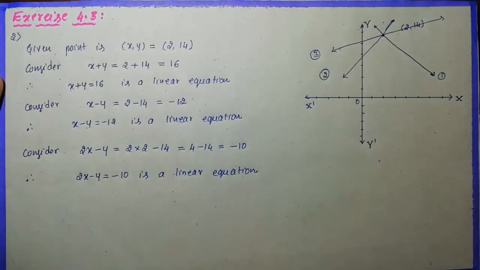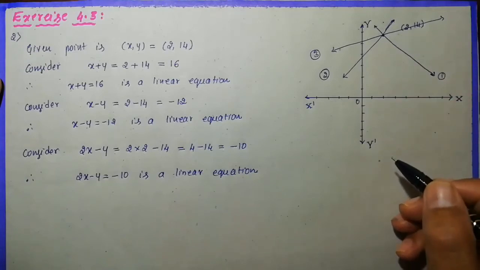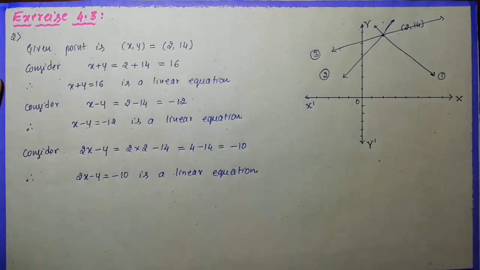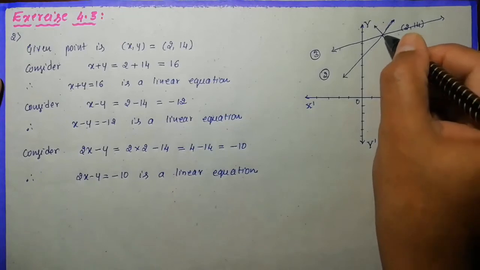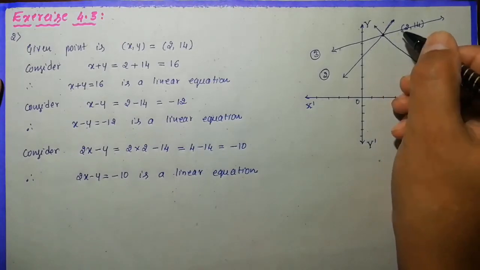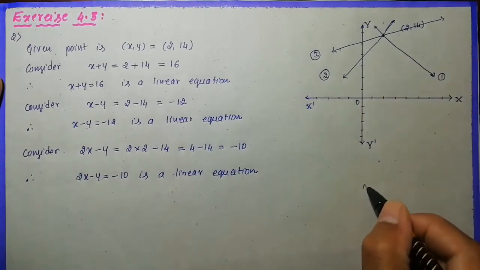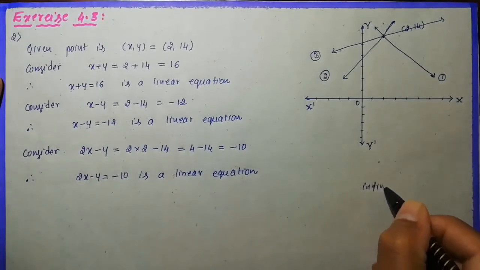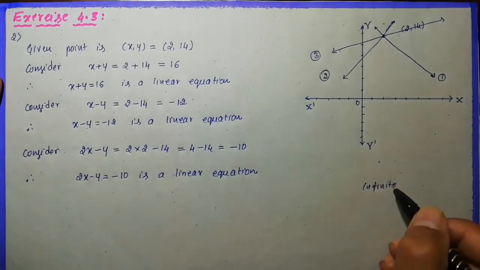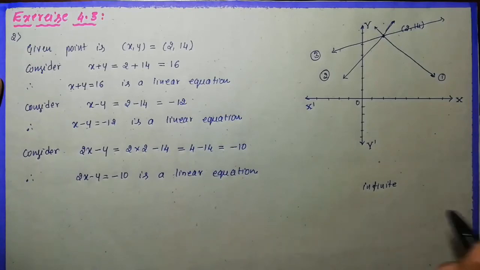So in this sense, if you try to draw lines passing through this point, you will get infinitely many lines, because through a single point we can draw how many straight lines? Infinite. Your answer should be: an infinite number of straight lines can be drawn through a single point, remember. Because of this, the answer for how many such lines are there is that there are infinitely many such lines.